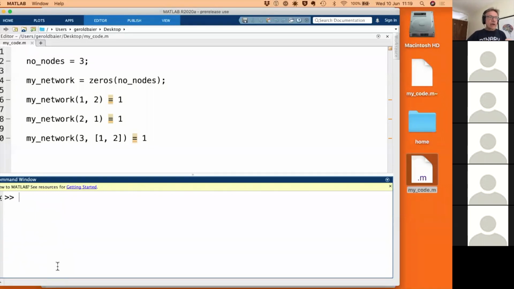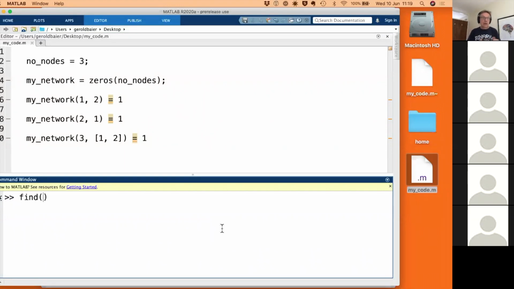Another thing is to find out how many edges there are. So what we can do is I just show you one example. There are many ways to find out how many edges there are in the network, but one is to actually use the find function. Maybe you haven't used it so far, and it means MATLAB is trying to find a certain